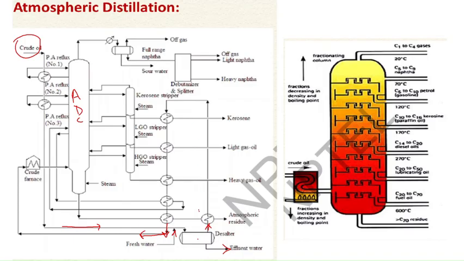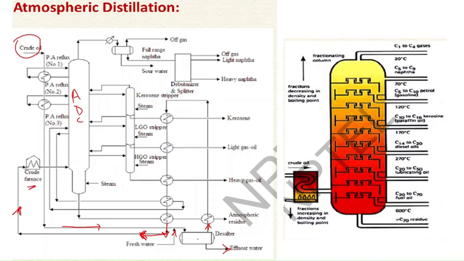You can see this is our crude oil. It exchanges heat from here, then it exchanges heat from all these heat exchangers. And after exchanging heat from all these heat exchangers, it goes from this path to this